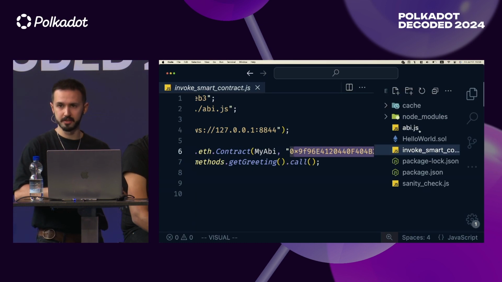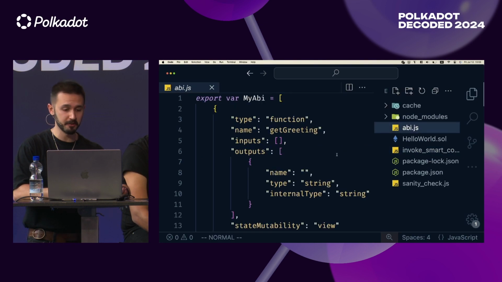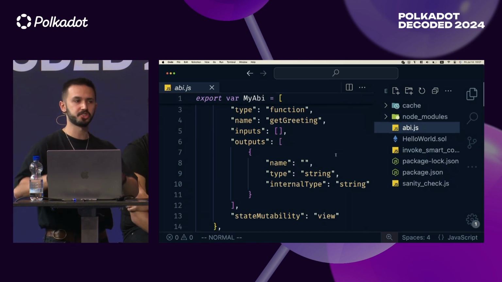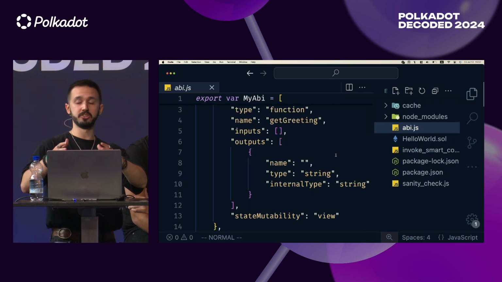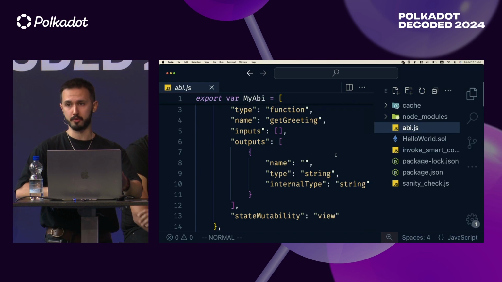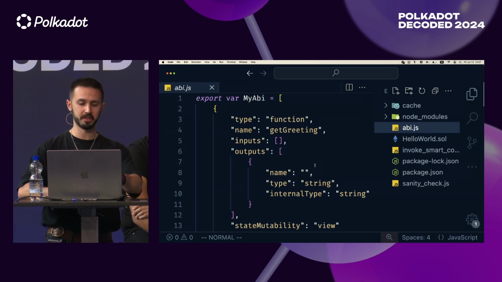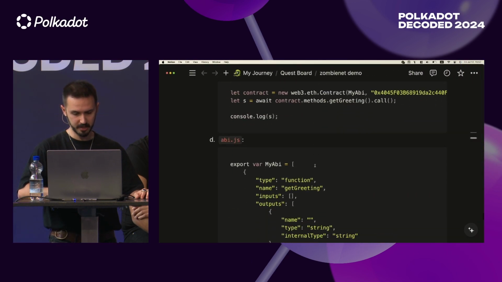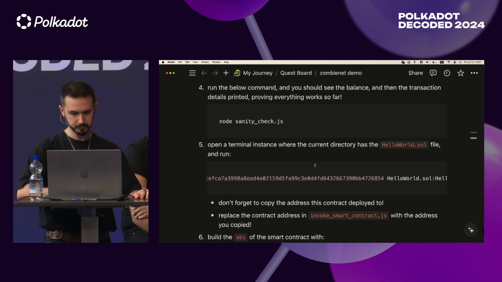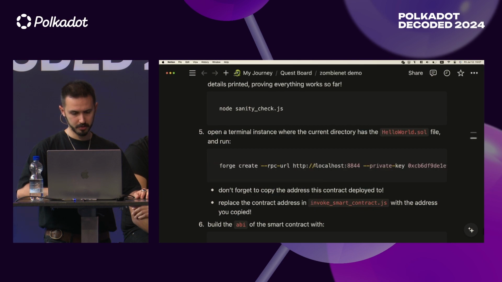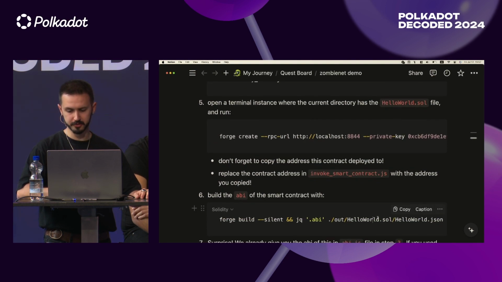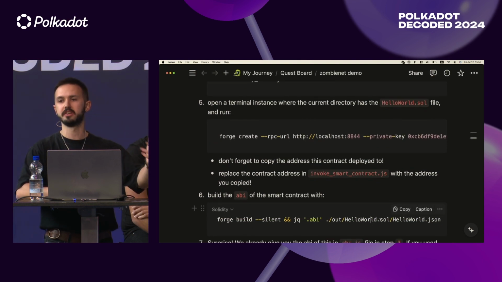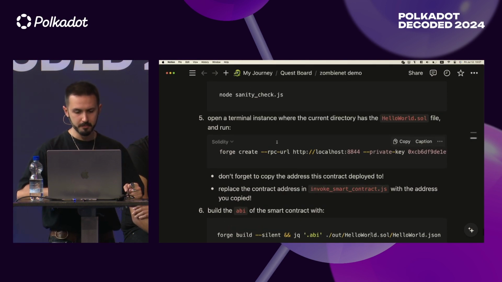And lastly, this is the last file, we have the ABI for the smart contract, which you can generate from the Foundry command. I already have that generated, so I paste it. But the command for that is this, like forge build, and this is just generating the ABI for your smart contract. Before that,